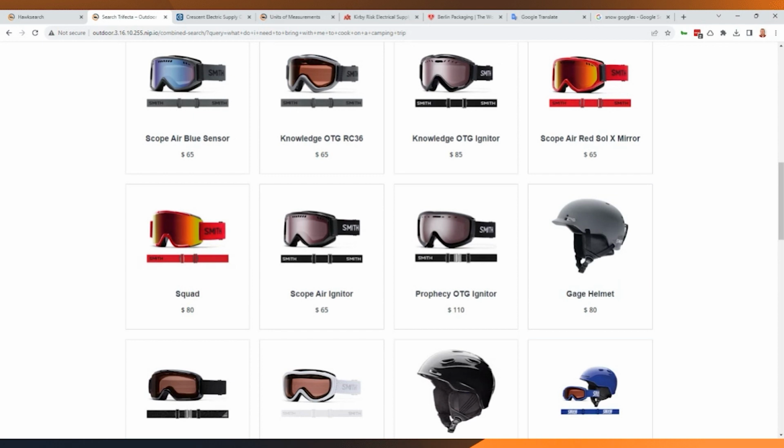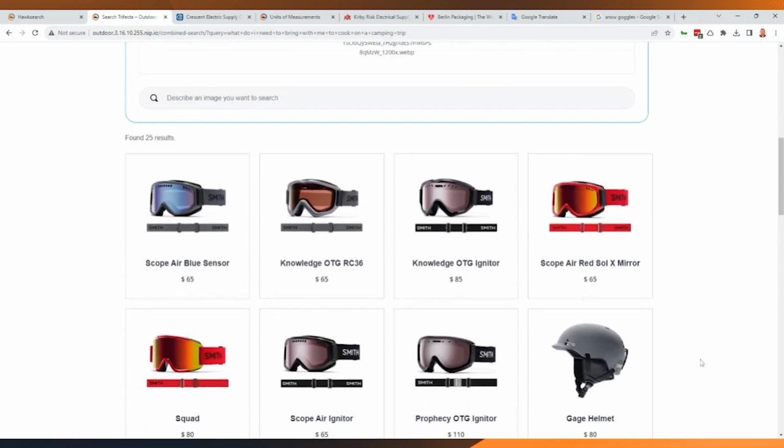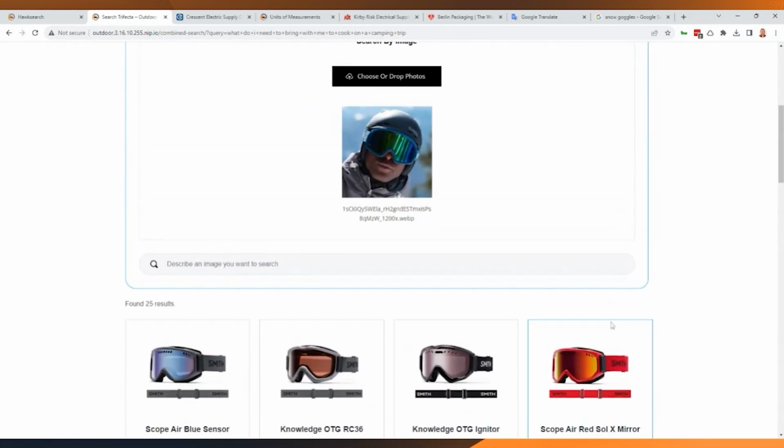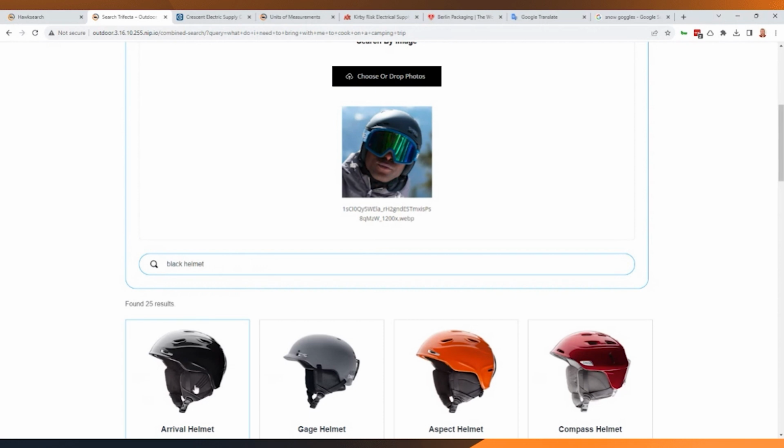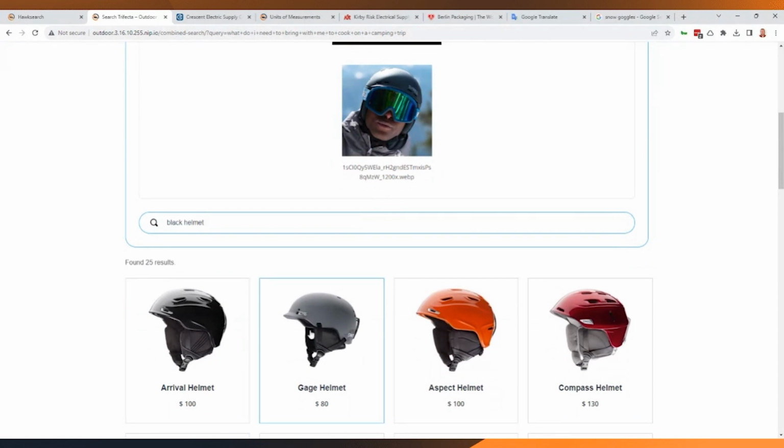It's exciting. Since it's understanding the actual content of the images in your catalog, it can work the other way around. Instead of providing an image and saying, I'm looking for these things in this image, I can describe the image that I'm looking for. I can say that I'm looking for a black helmet, and it'll find the most relevant image available in our catalog, and then work its way out and say, here's the black helmet, but this isn't entirely black, though it's the next closest in terms of color, and then moving into other helmets that have black aspects to their particular image.